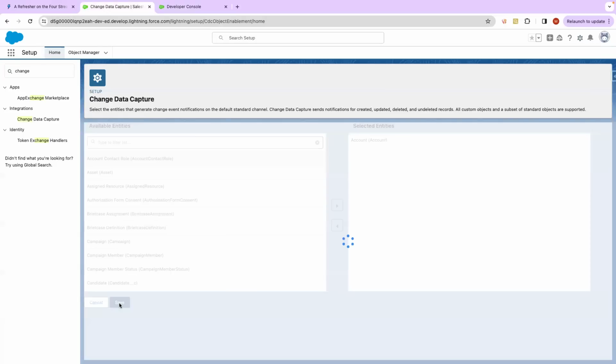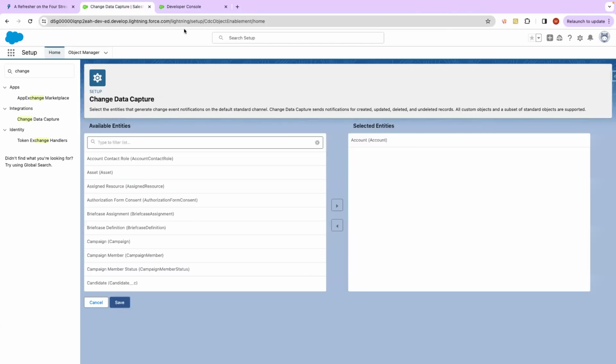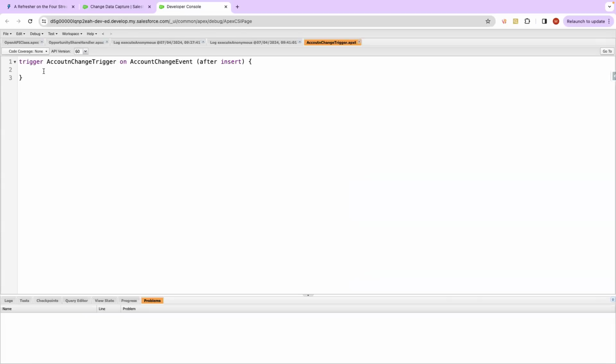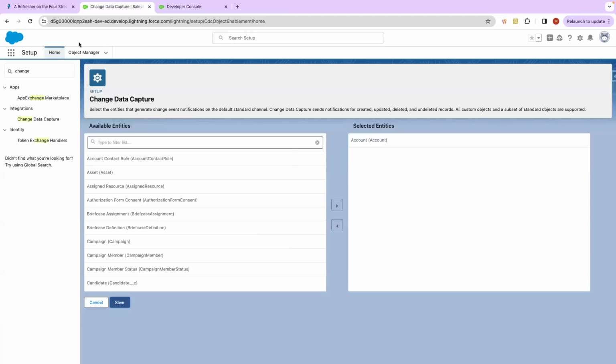So let's say I save this, and then we will use this. Currently, we will not do anything. I can just write a debug statement, account change. Save this. Now, if we go and